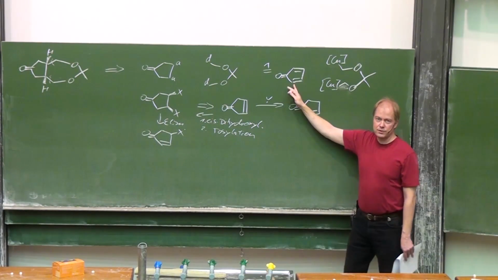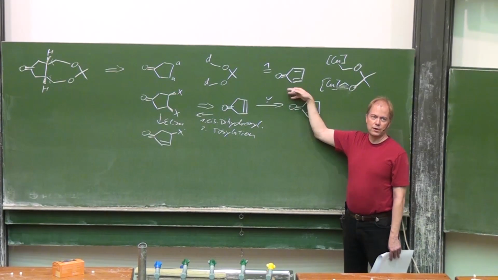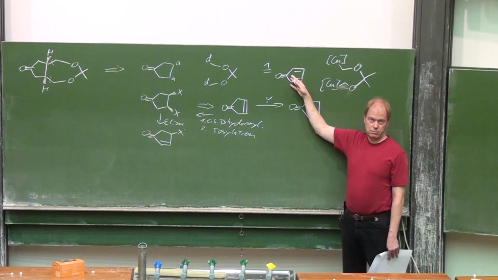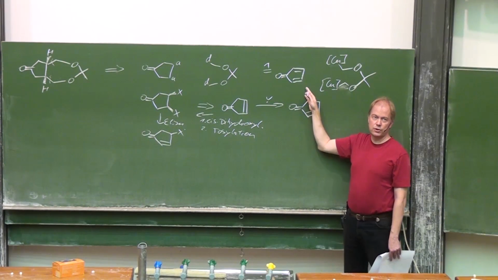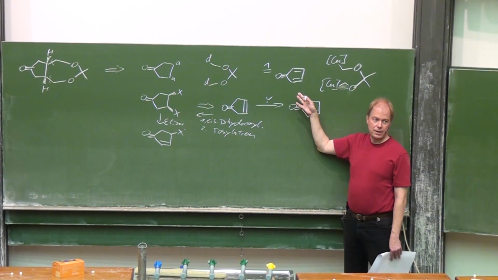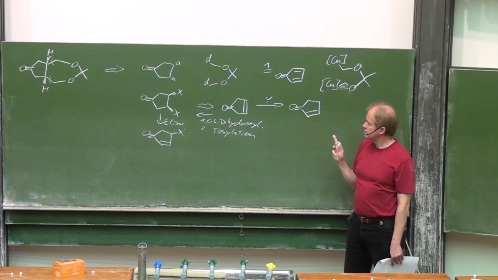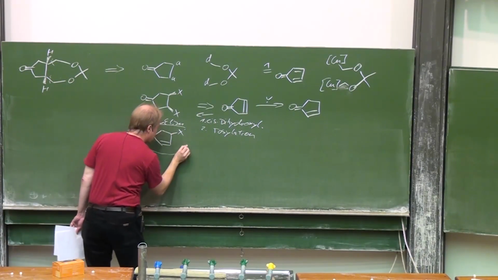On the other hand, it's maybe even more difficult to get to that one, since this structure is known to have anti-aromatic character. I think we talked about that before. In fact, structures like that